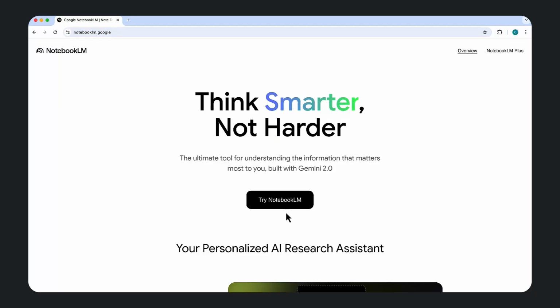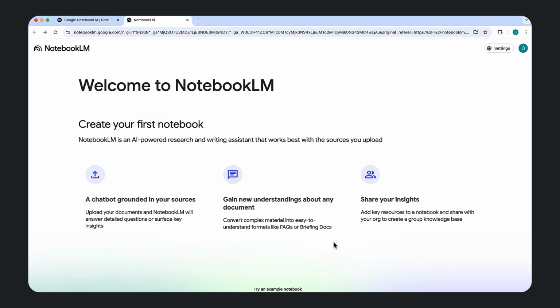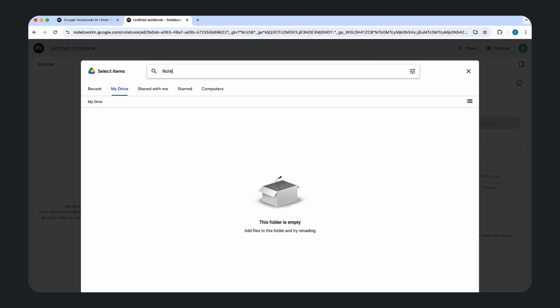Go to notebooklm.google and click Try Notebook LM to get started. Accept the terms of service, then click Create New Notebook. At this point, we can start importing our data. We can load in files from Google Drive, Docs, websites, audio files, and even YouTube videos. I'll load in a Google Doc with class notes,